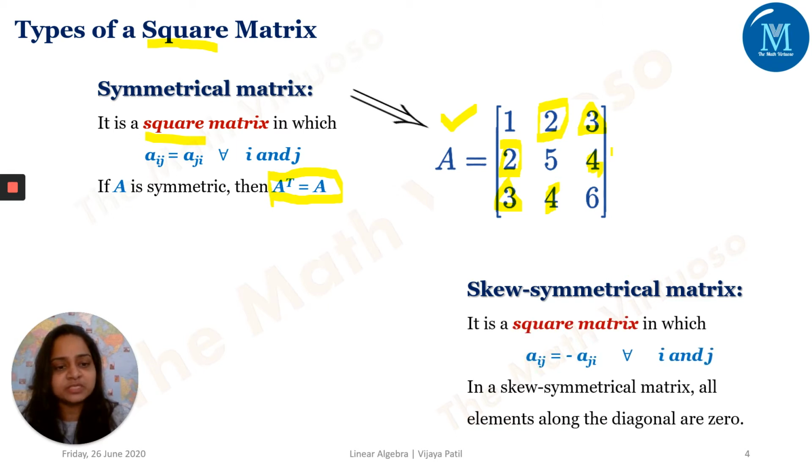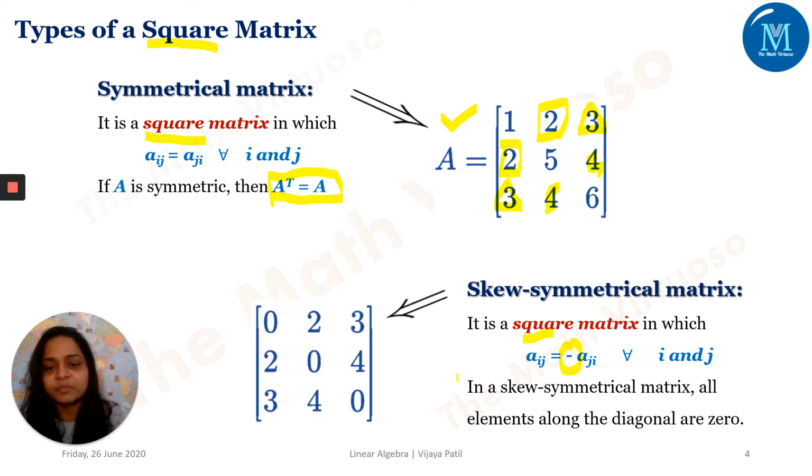Skew symmetrical matrix or skew symmetric matrix, most of the time it's known as symmetric or symmetrical; both of them are equal. So a skew symmetrical matrix is a square matrix. Again, what is the difference? The difference is just this minus sign. But this is very important. Why? I'll explain with the example. Now this 0, 2, 3, 2, 0, 4, 3, 4, 0. I think I've taken a wrong matrix. Let me just convert this to skew.